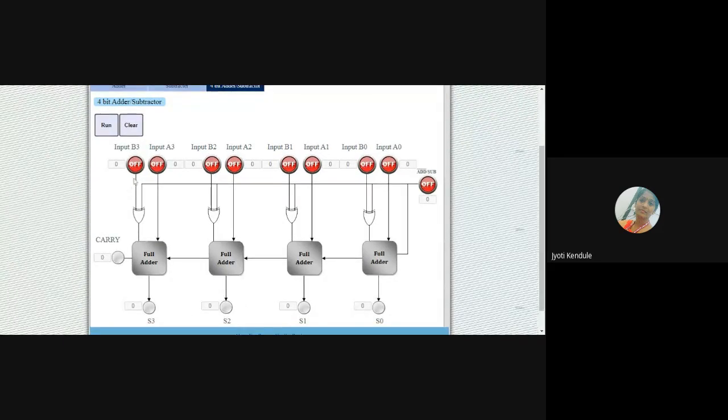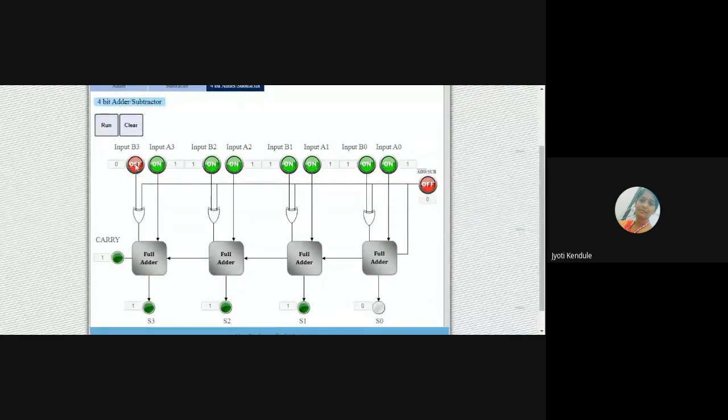then this type of diagram is available. 1, 1, 1, 1, 1, 1, 1. I'm going to do the addition. Carry, I'm not going to consider any. Run this. Here it is. 1 plus 1, what comes first? 0 with carry 1. Again 1 plus 1 and carry 1, 1 with carry 1. That is carry. Simple addition you can do. 1, 1, 1, 1 plus 1, 1, 1, 1. What will come? The first 1 plus 1 will give 0 with carry 1. The second 1 plus 1 with carry already means 1 with carry 1 will come. So I'm getting the output like carry 1 and in the output I get 1, 1, 1, 0.